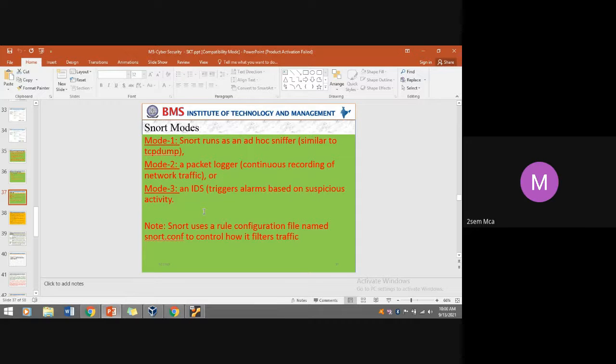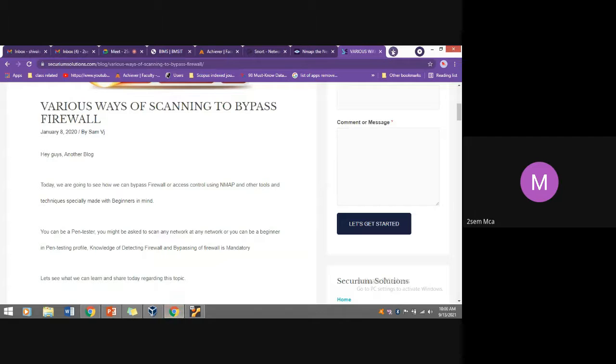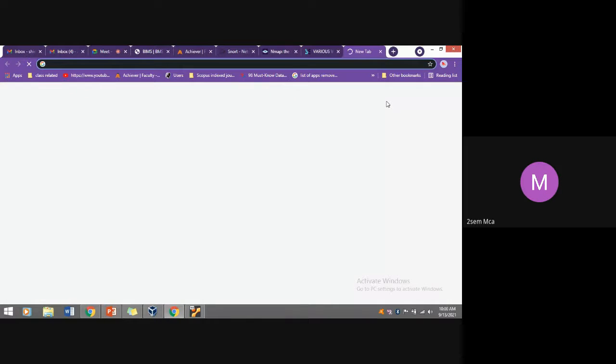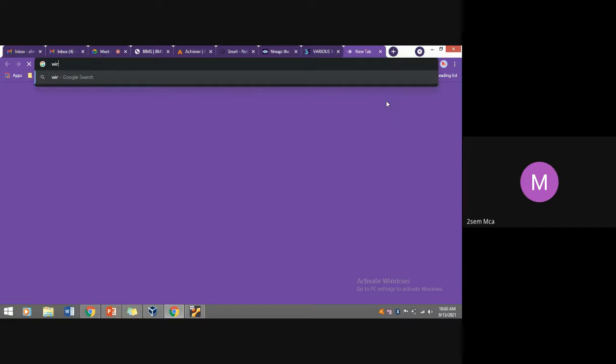There are several modes, among three. The first is that Snort acts as a sniffer tool. And the second mode of Snort is a packet logger, continuously recording network traffic. Snort also acts like Wireshark. Probably you have heard about Wireshark. Wireshark is a tool that continuously records or logs the network traffic.